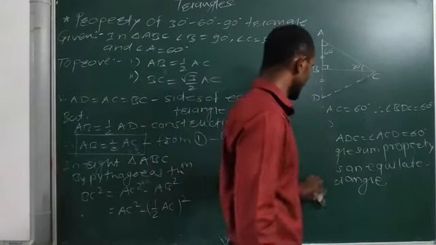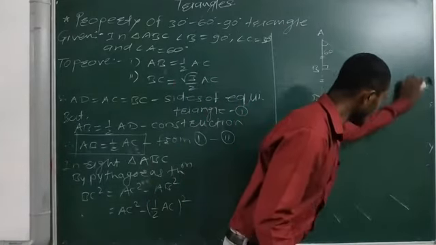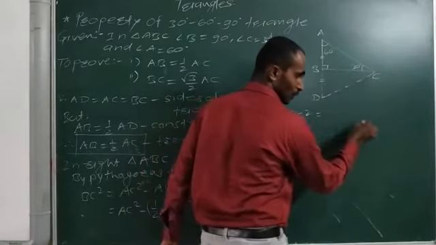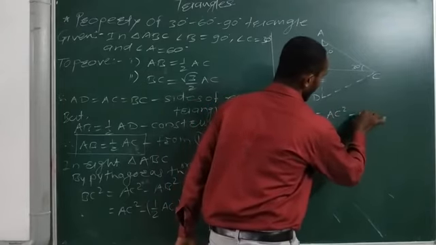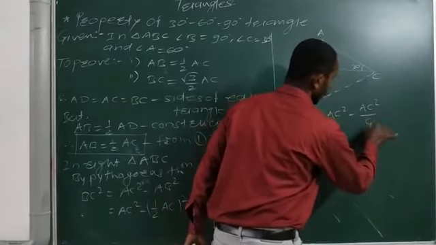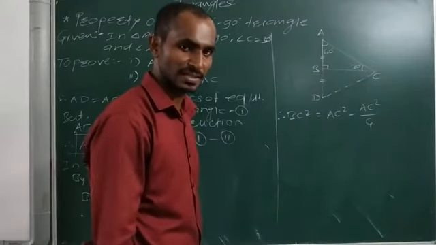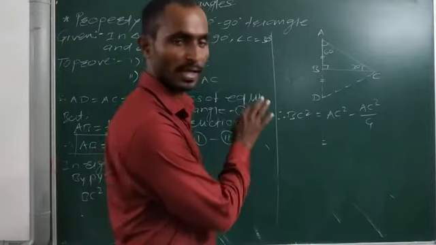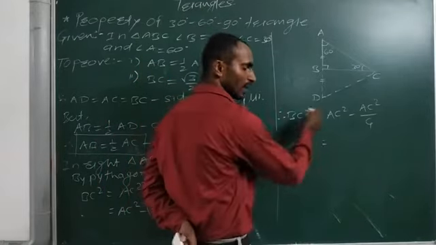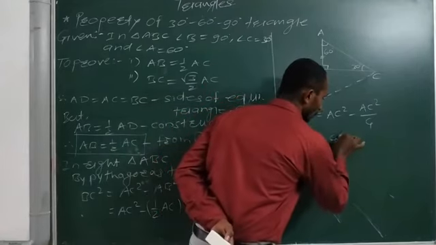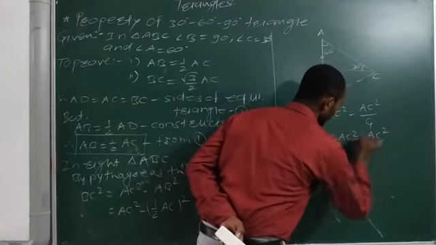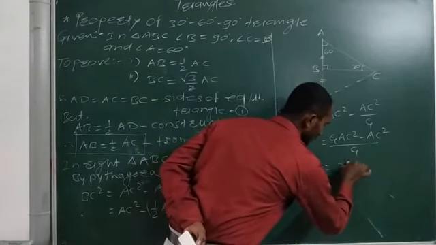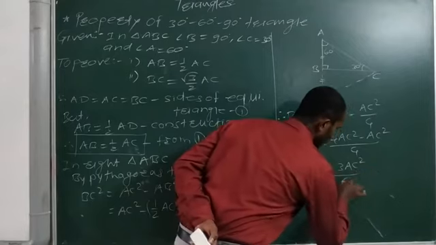Now we can simplify that. Therefore BC square is equal to AC square minus AC square by 4, because square of the 1 is also 1. But now this is the subtraction of fractions, and that's why we have to equalize the denominators. अब यहाँ पे equal करने पड़ेंगे denominator. इसका मतलब ये है 4AC square minus AC square divided by common denominator 4. So with the subtraction we get 3AC square upon 4.